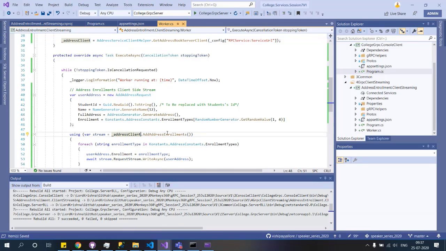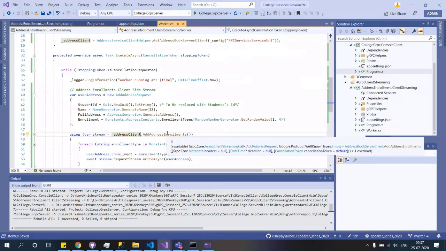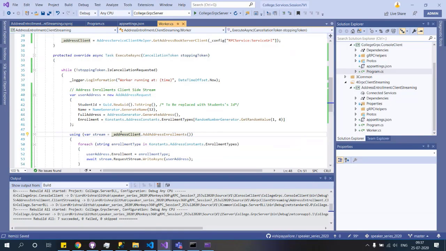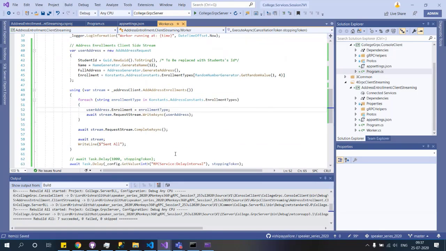Okay, now when you call this address service AddAddressEnrollments, you can see here it's an async client streaming call. So that means the stream is coming into this one. And now what we are doing is we are traversing through these enrollments, and the only thing we are changing in this object is the enrollment type, what kind of enrollment it is, and then we are doing a stream.